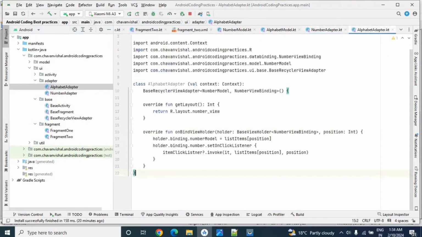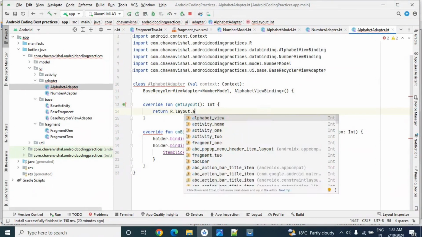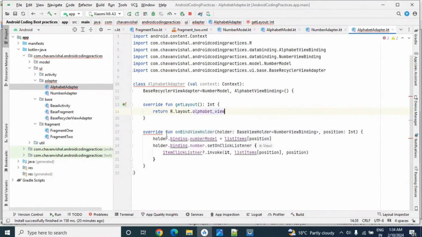Let's paste it here. Here we have the context base recycler view adapter. Here we need to pass alphabet view binding. In get item layout, we will pass alphabet view. In onBindViewHolder, here we need to pass alphabet view binding.